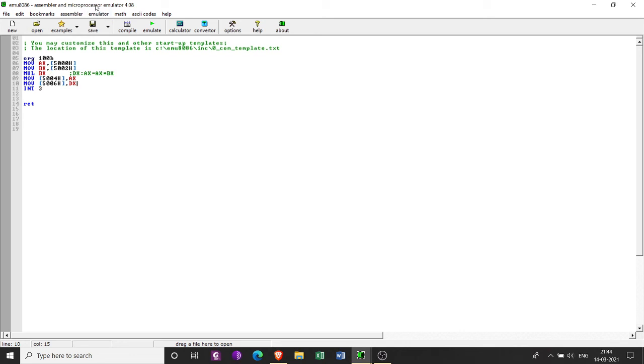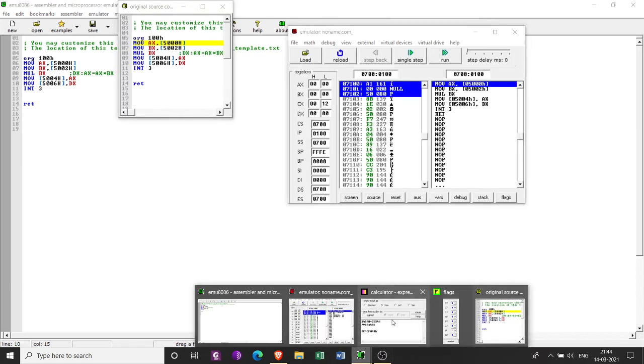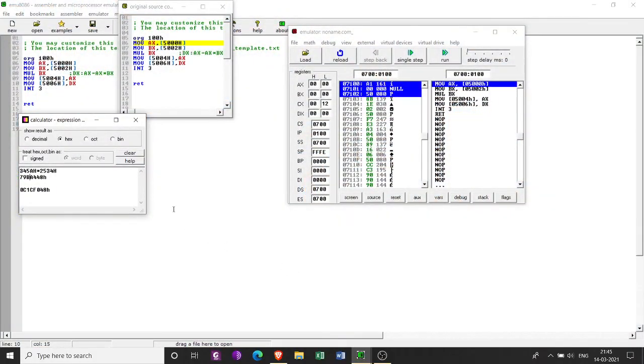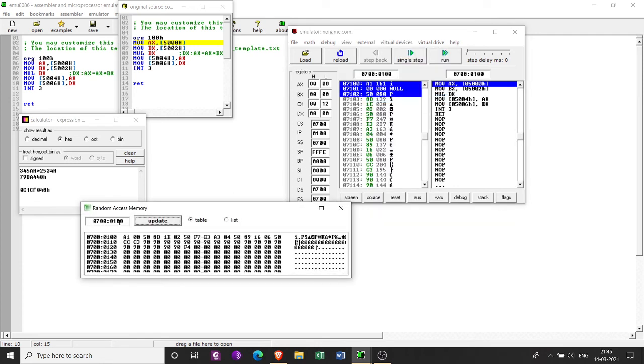Okay, so now I am going to emulate this. Let us take the same example. We'll go to the memory and go to location 5000 and update it. So 345A: 5A is the lower byte and 34 is the higher byte.